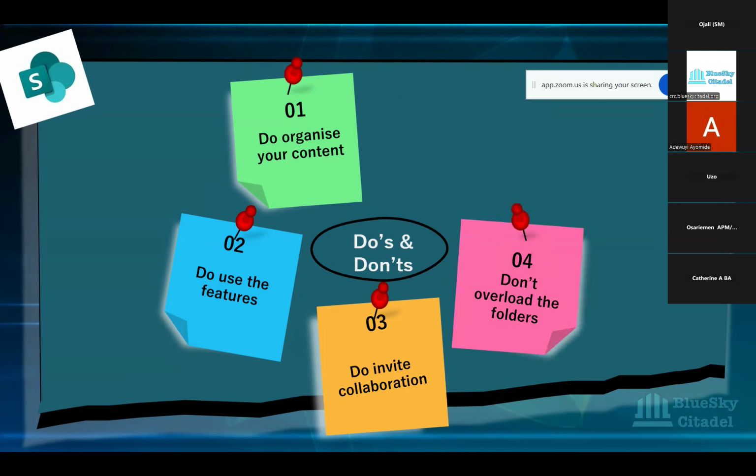Organize your content, right? Use this opportunity to learn how to organize your content. People are just saving documents willy-nilly. Organize your documents. If there is more than one type, folders are supposed to be dedicated to a particular type of documentation. If you need to create multiple folders, then do that, but